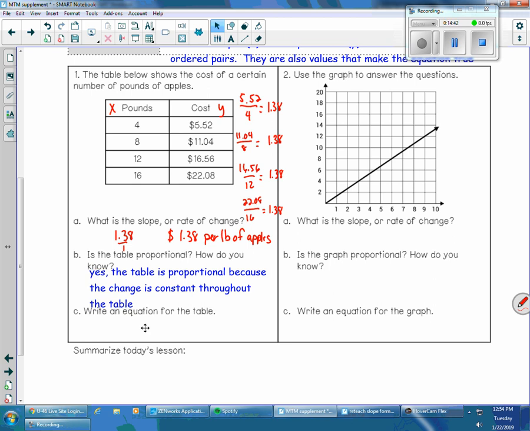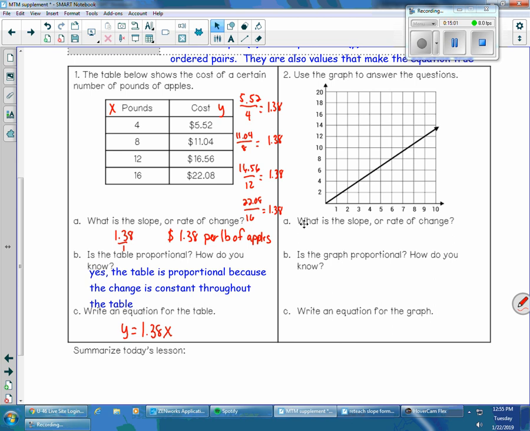To make sure that the data I'm given is going to be proportional. So if I'm writing an equation for the table, my total cost is equal to the price per pound times the number of pounds. Okay. If I am graphing this information, and they're giving us a graph over here, so I have to